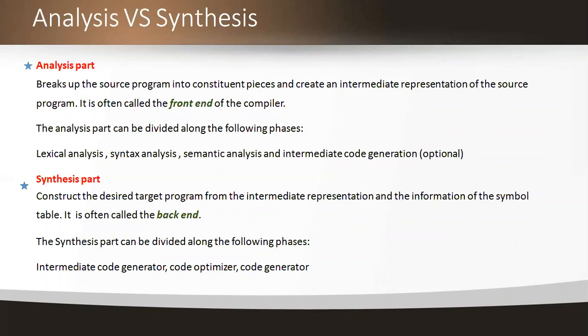These are some of the properties of the compiler. Make a note of all these. Again, I'm recalling those. The first one is that the compiler itself should be bug free. The second one, the compiler should generate correct machine code. And the third one is that whatever code the compilers generate should run faster.